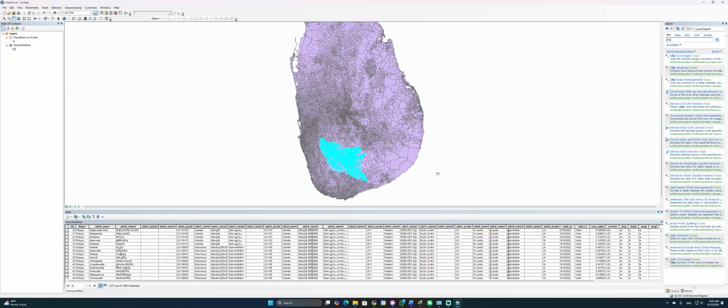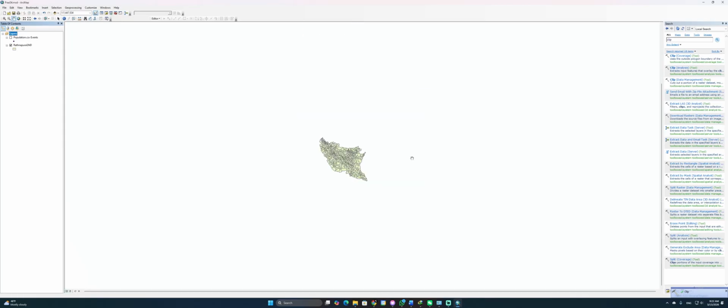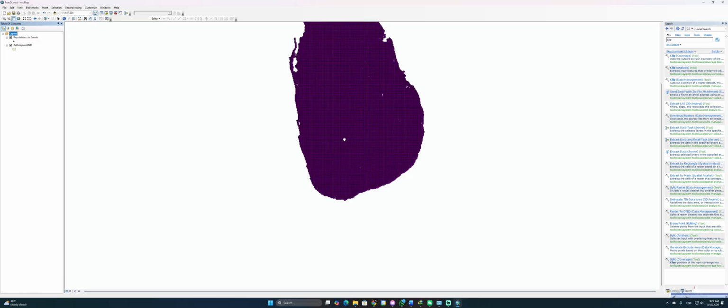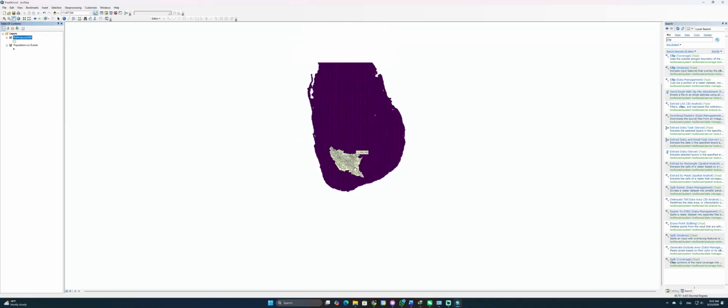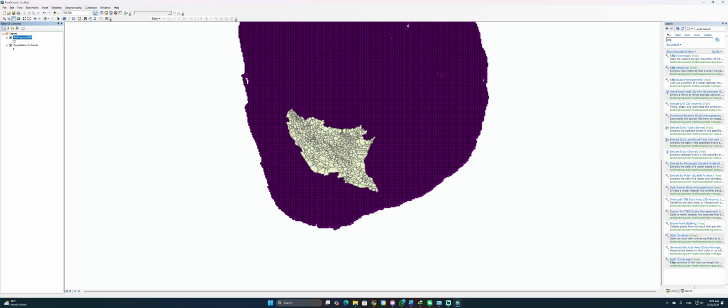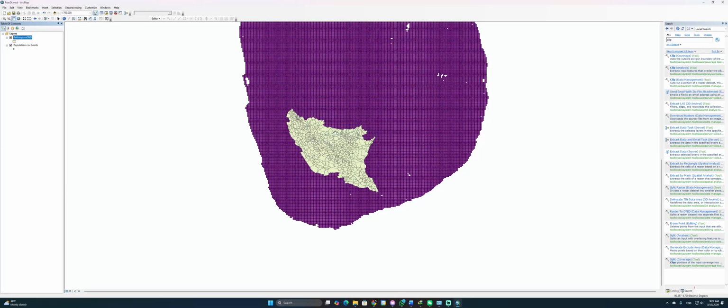It will take a while for the clipping to finish. Okay, now it has been clipped, so I will remove this file. So next what I have to do is get the population for these specific GNDs. I discussed what the procedure is that we have to do. We have to go with the spatial join. So we can search for the tool spatial join,